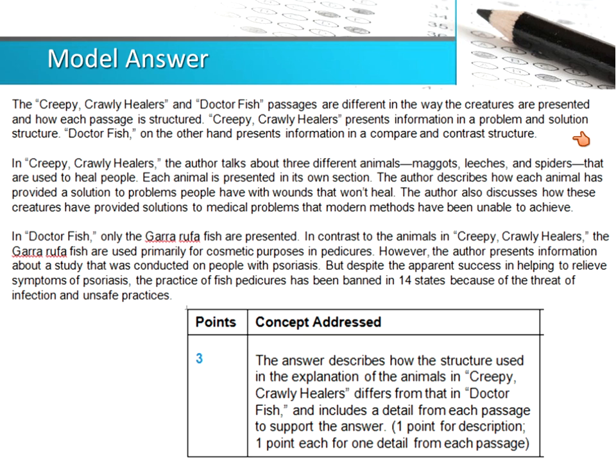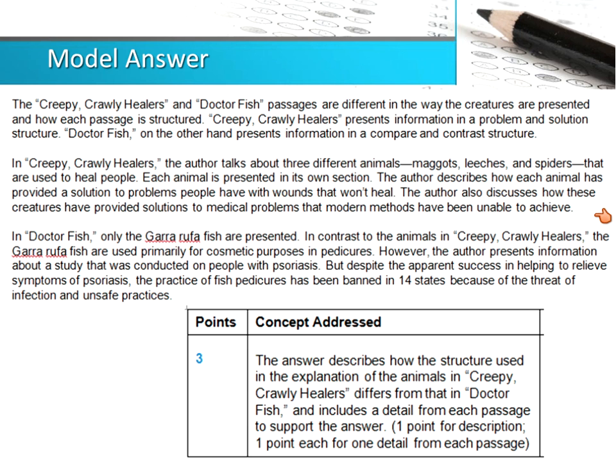In Creepy Crawly Healers, the author talks about 3 different animals, maggots, leeches, and spiders, that are used to heal people. Each animal is presented in its own section. The author describes how each animal has provided a solution to problems people have with wounds that won't heal. The author also discusses how these creatures have provided solutions to medical problems that modern methods have been unable to